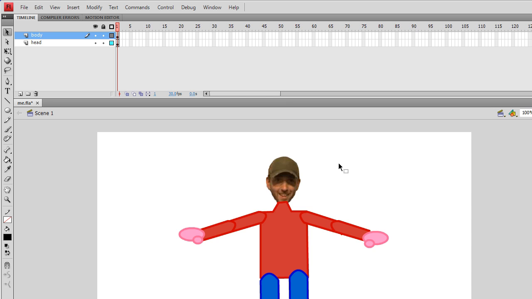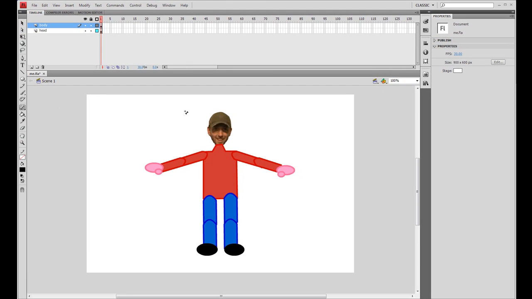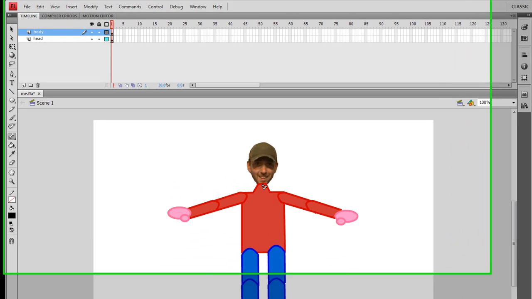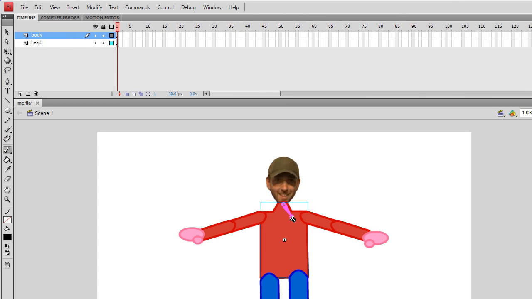Right, let's start with the inverse kinematic tool, or the bone tool. Over here, we have the bone tool and the bind tool, and the bone tool is what we're looking at. So if I get the bone tool, and we're going to start with the neck. It's always a good idea to start from the neck because most of the pivot points come from the neck. So what we're going to do here is I'm going to draw out something connecting the neck